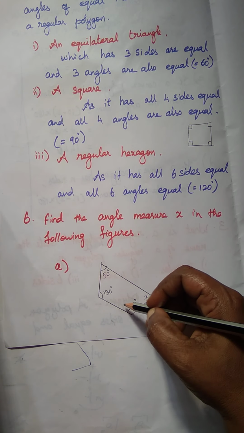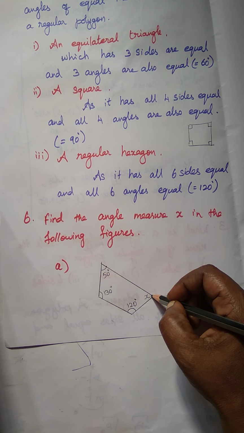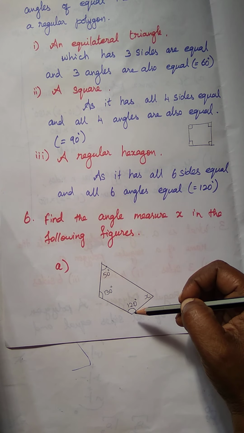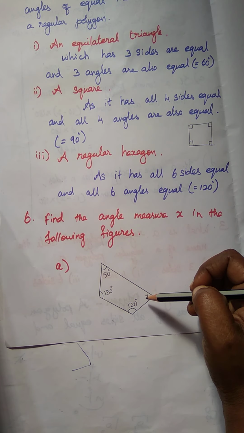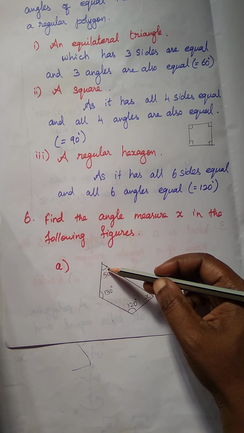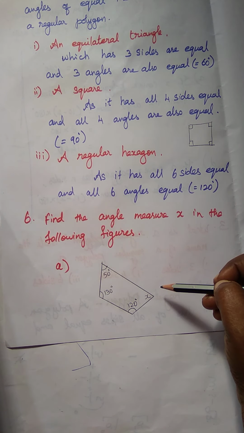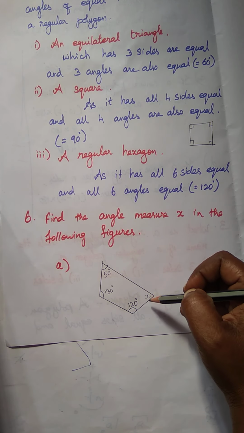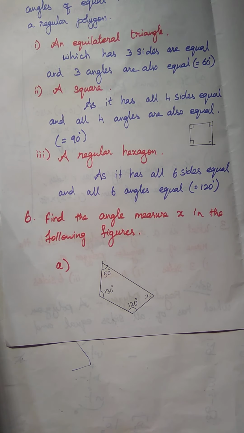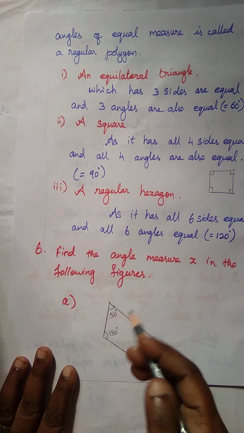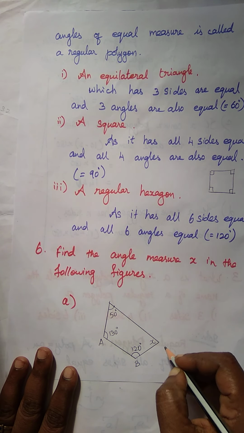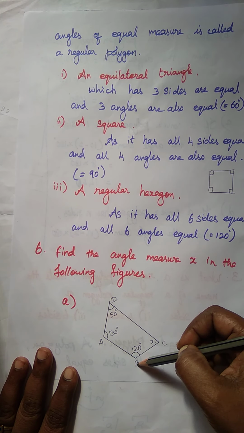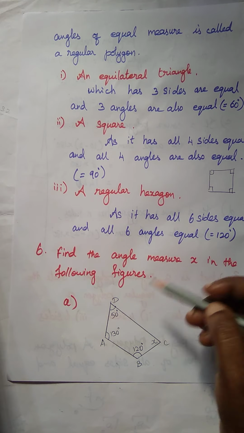Okay, so three angles are given, only one angle is not given. We know total sum of the angle is 360 degree. Using that, we add all these angles, x plus 120 plus 130 plus 50 is equal to 360. If we add all these angles and subtract from 360, we get the angle of x. This is the procedure we are using here. Now we mark these angles as A, B, C, D. So we add angle A plus angle B plus angle C plus angle D is equal to 360 degree.